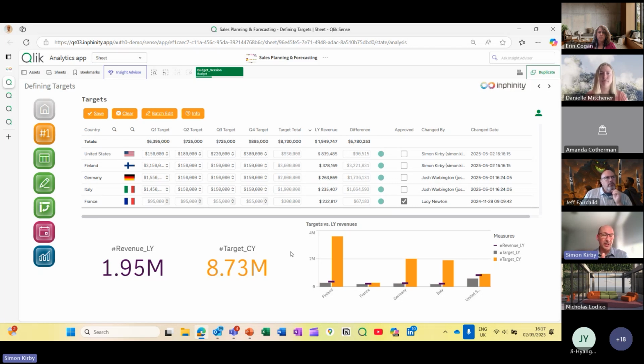And as we mentioned earlier, honestly, that's the biggest difference between this and something like Excel, which is really hard to govern and control, if not impossible, right? So with Infinity and Qlik, you get that security, the control, the fact that everything's in one place, which is fabulous as well. And you get the speed. It's really, really fast. Even with massive volumes of data, this is really quick.